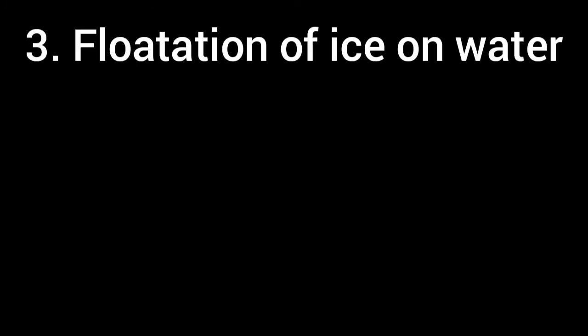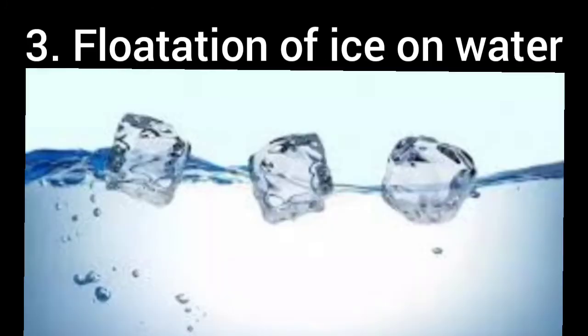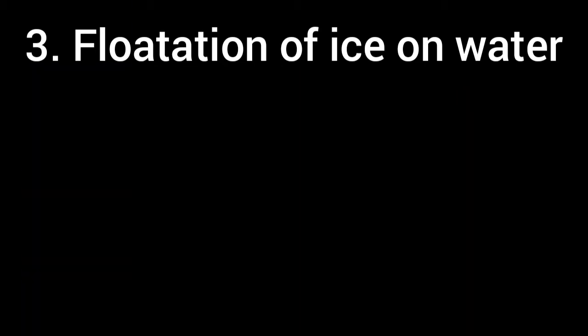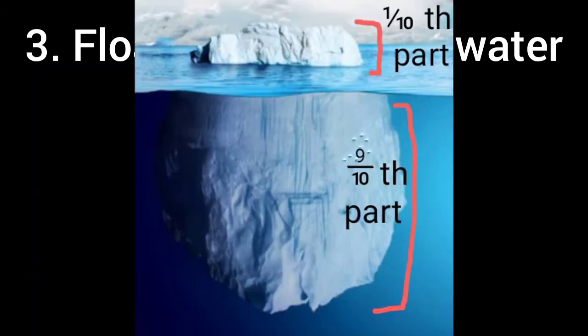Number 3. Flotation of ice on water. A piece of ice floats on water with its 9/10 part inside the water and only 1/10 part of it outside the water. The reason is that the density of ice is